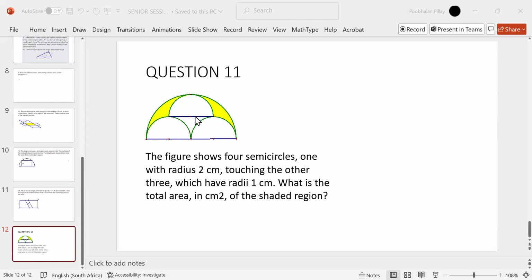But it might not be easy to find the yellow part, but it might be easier to find the white part, because in the white part you've got 3 semicircles, and you know how to find the area of a circle. So half a circle you can find, and that too you can find. So you can find the area of the white part, and you can find the area of the whole semicircle, because given that the radius is 2, you see,